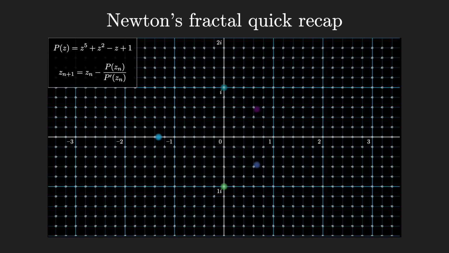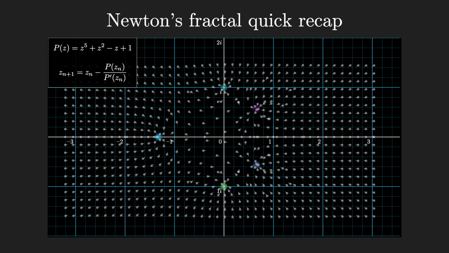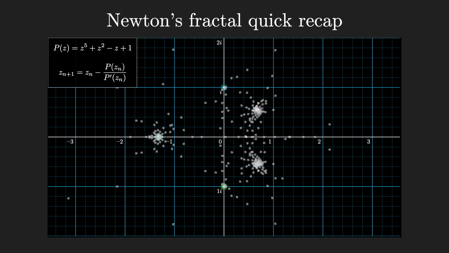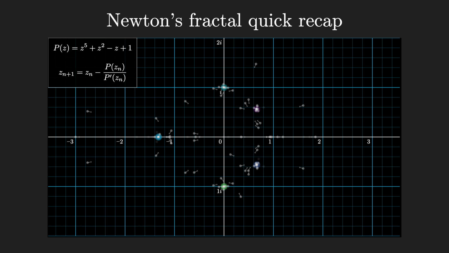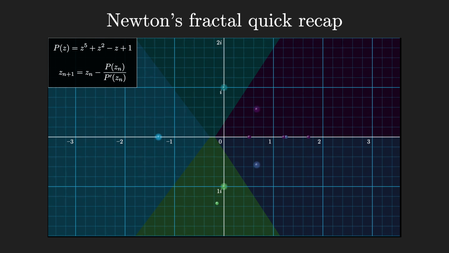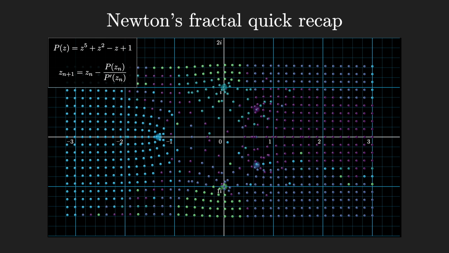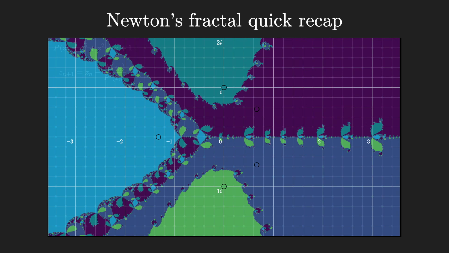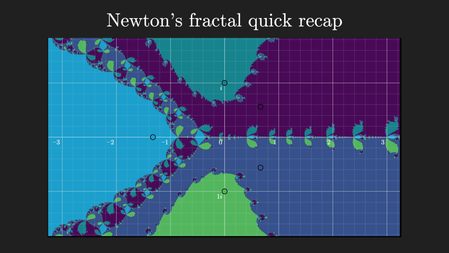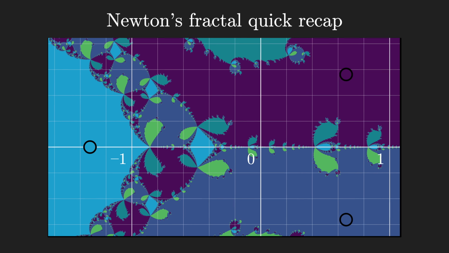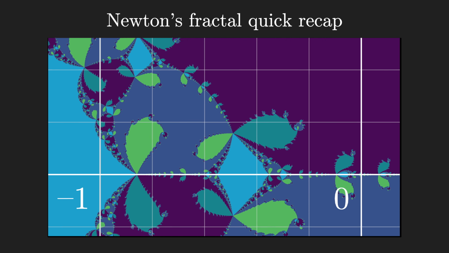But then we tried to do this in the complex plane, looking at the many possible seed values and asking which root in the complex plane each one of these seed values might end up on. Then we associated a color with each one of the roots, and then colored each pixel of the plane based on which root a seed value starting at that pixel would ultimately land on. The results we got were some of these insanely intricate pictures, with these rough fractal boundaries between the colors.